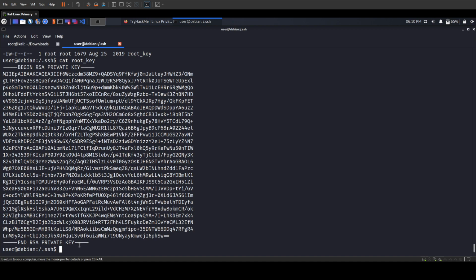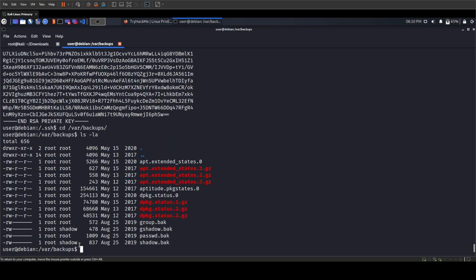One more thing that you should check for is the backup folder. If we try to go to /var/backup, you see there is a file with the name gshadow.bak. So if anyhow you are able to access this file, it usually contains all the password hashes for all users that exist in this Linux environment. So you can then use hashcat or John the Ripper to crack those hashes,